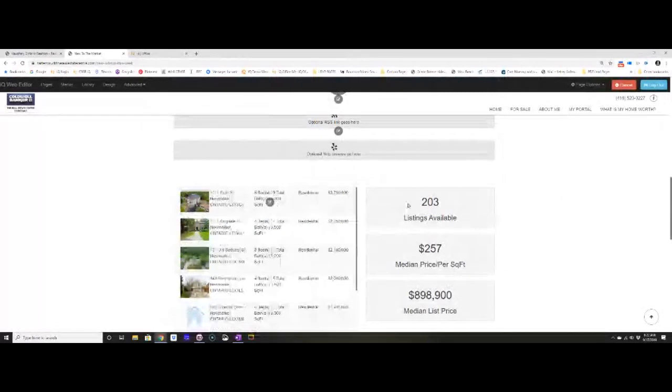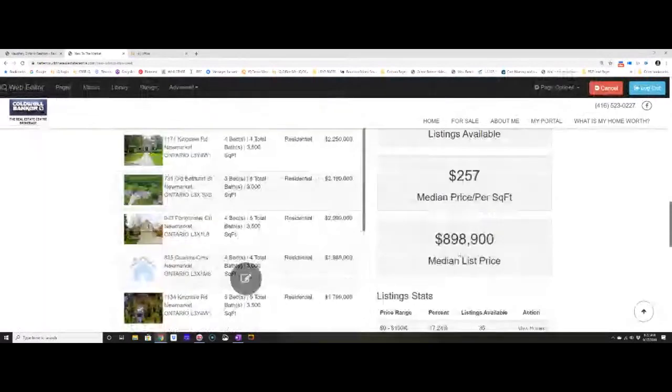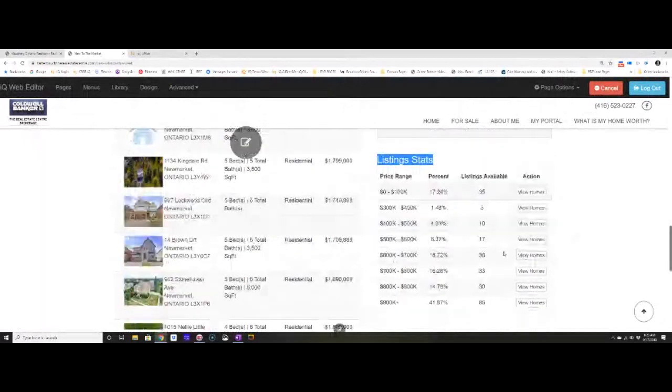On the right-hand side, there are some statistics about the listings. So we can see there's 203 listings available. The average price per square foot is $257, and the average list price is $898,900. If they wanted to go down and see listing stats for what was there, you could say, okay, I want to see everything between $600,000 and $700,000, view homes, and it's going to pull up that page. So there is a great tool for your